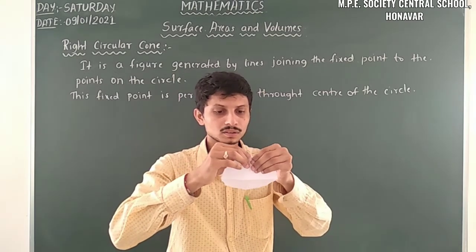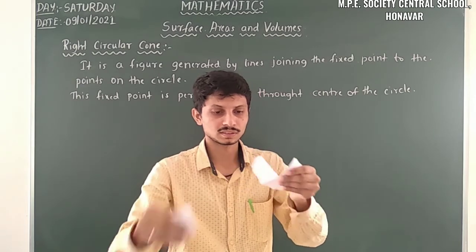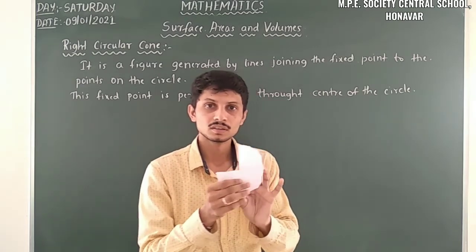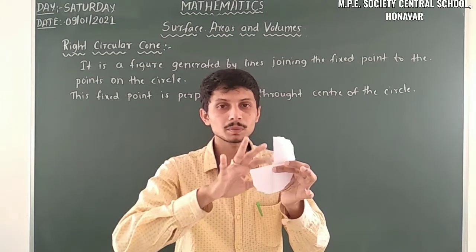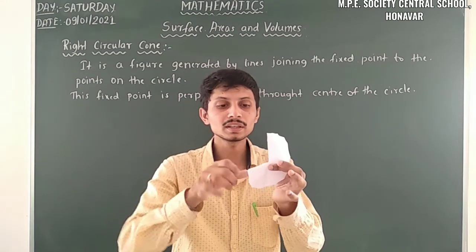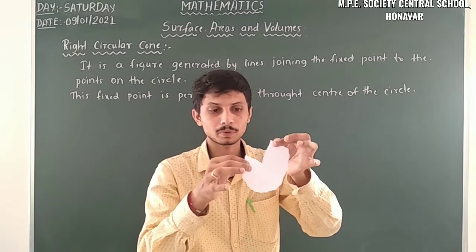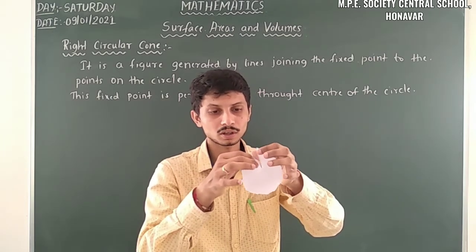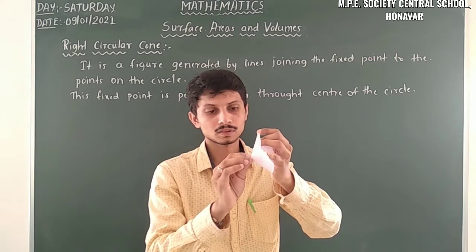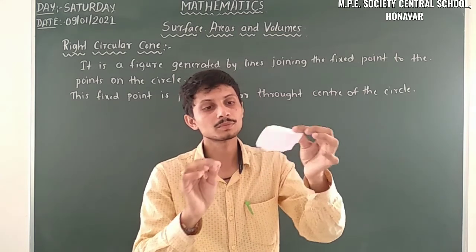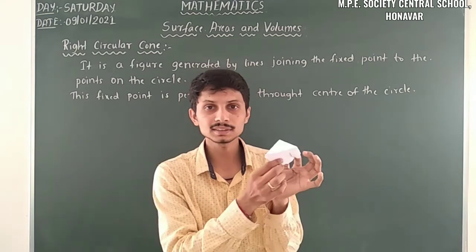Yes. So here I remove this 1/4 part from the complete circle. Then what you have to do is, we have to join this point and this point. Here just observe. We have to join this point and this point. Yes. Here just observe, it forms a cone. It forms a cone like this.